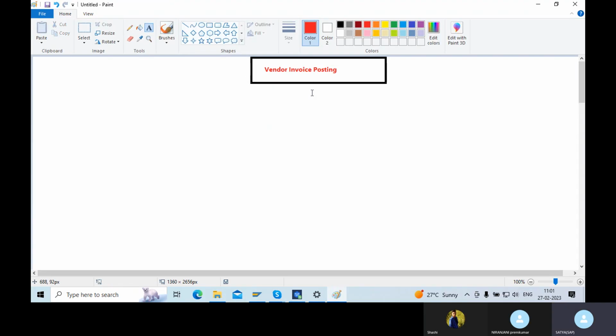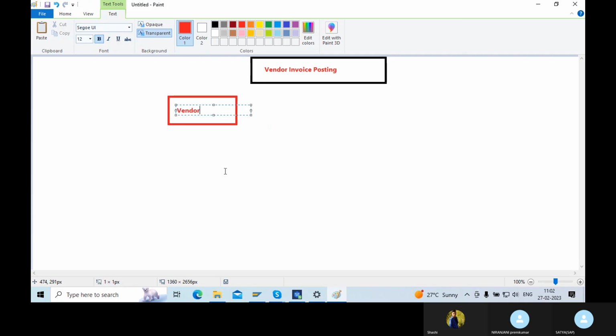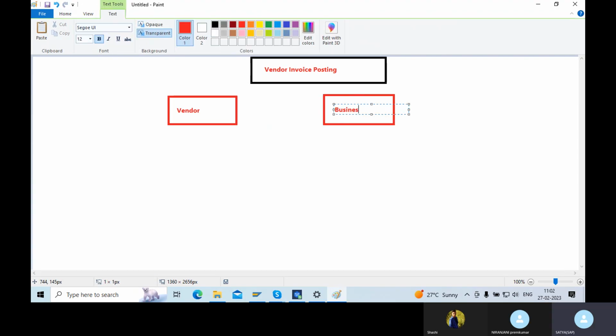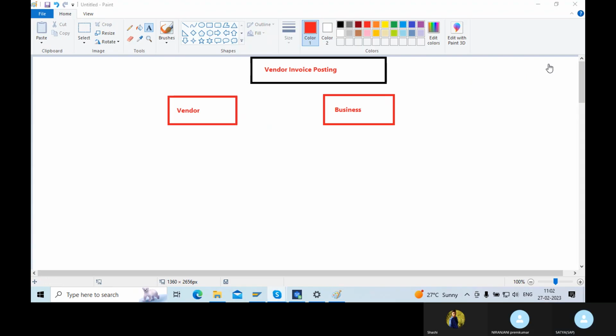So what is the business process vendor invoice posting that we are going to discuss? The business process is, let's say, one side your vendor or your suppliers, and the other side you have your business, that is your company. And the process is, when you purchase certain products or materials from the vendor,